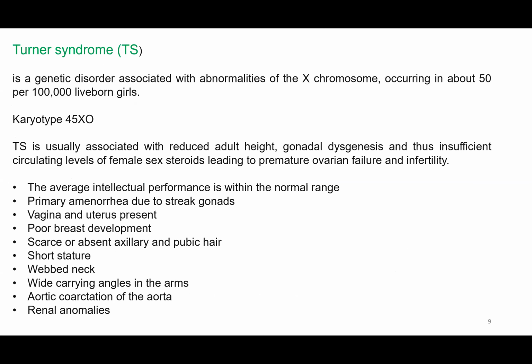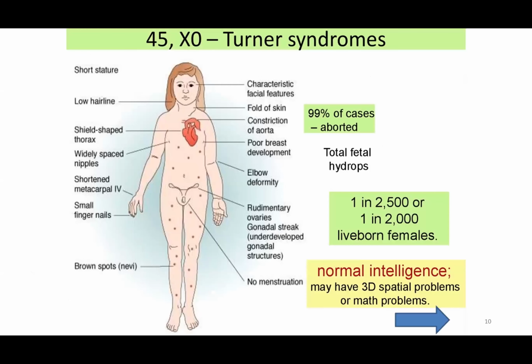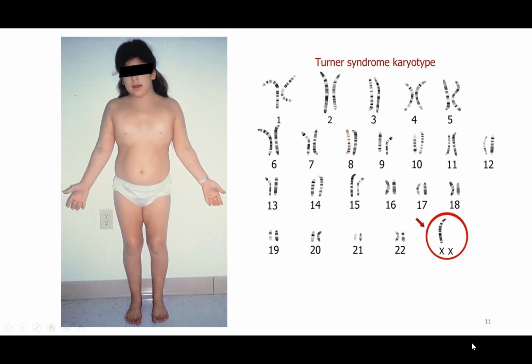Those with Turner syndrome, it is a case where primary ovarian failure is happening, and a genetic disorder with abnormalities of the X chromosome. The karyotype is 45XO. The chromatin is deficient, where the other X chromosome is absent, and the patient comes with short stature, as you can see, a fold here causing a webbed neck, a broad shield-like chest, wide carrying angles seen in the arms,